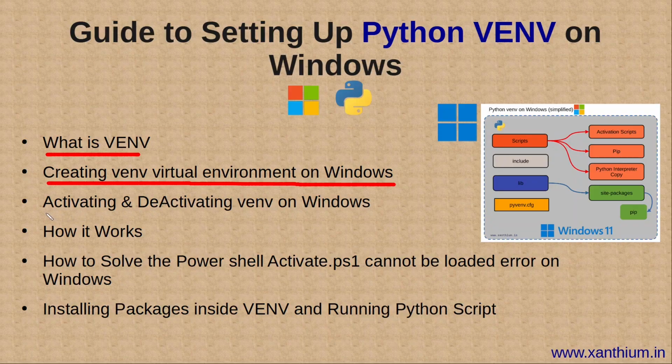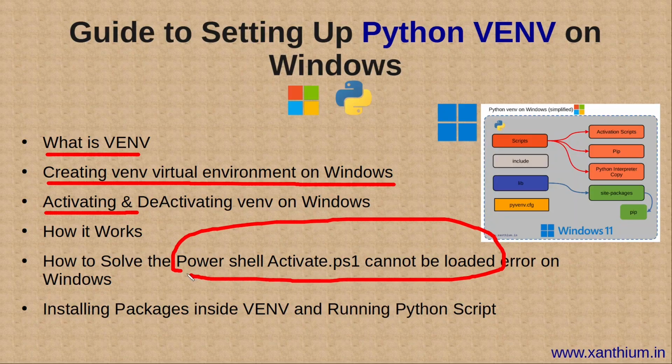Now we'll also learn how to activate and deactivate a VENV on Windows. Then we'll learn how the activation script works, how a virtual environment works, and how it deals with the Python interpreter. Then we'll also solve common errors such as the PowerShell-based activate.ps1 cannot be loaded error, and we'll teach you how to solve this particular error. After which we will install packages locally into the Python virtual environment, and we will also run a Python script